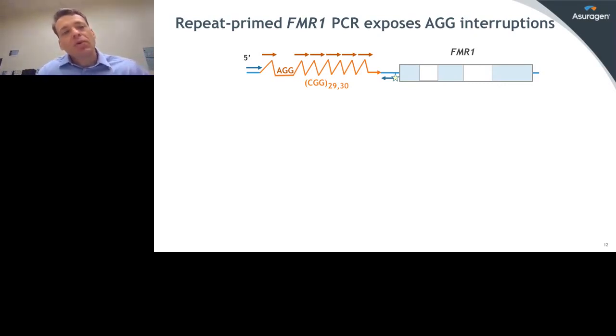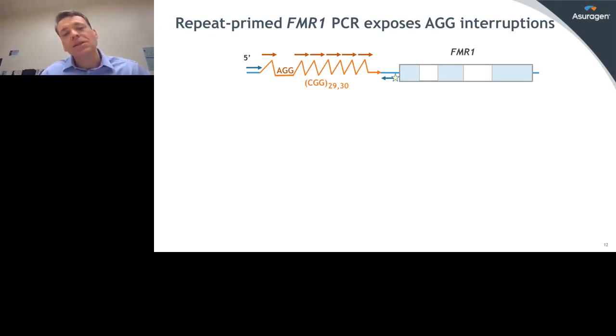So I gave you the example earlier that if you have a repeat that's in the mid-range of a premutation, plus or minus 2 CGGs can create a 20% differential risk. Well, if you take that same mid-range premutation allele and compare 2 AGGs versus 0 AGGs, the 2 AGG sample will be less than 10% risk, and the 0 AGG sample will be more than 70% risk. So you can see as much as a 10-fold difference as a function of AGG for a given CGG length.